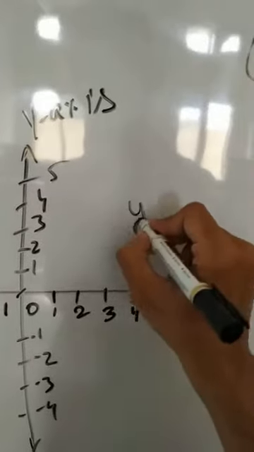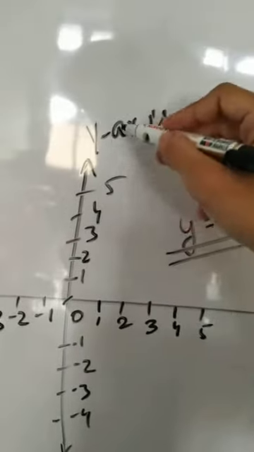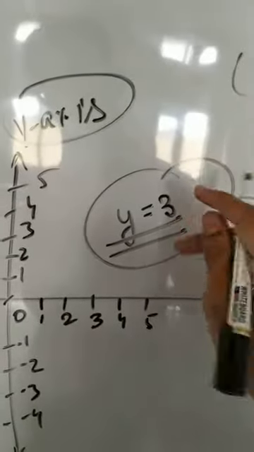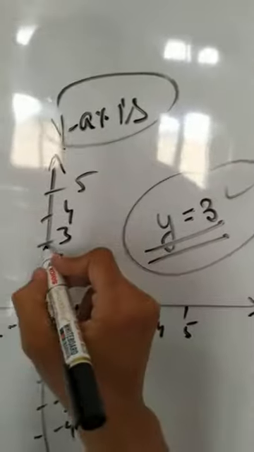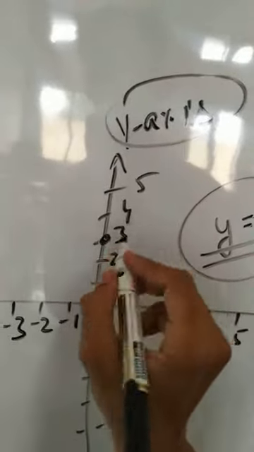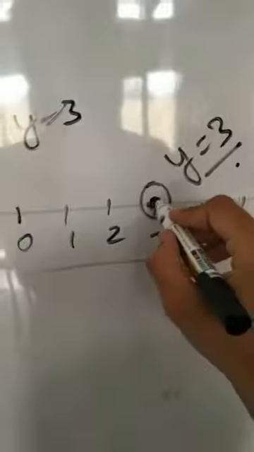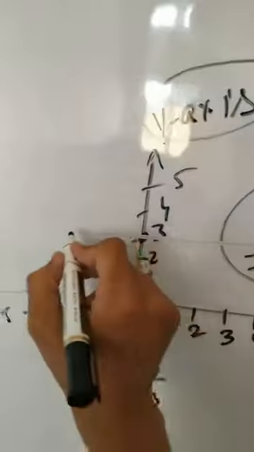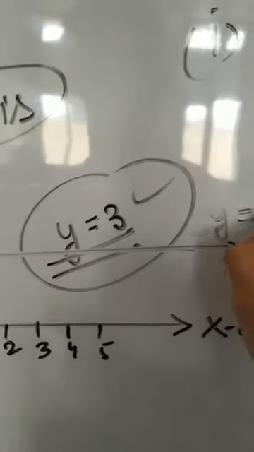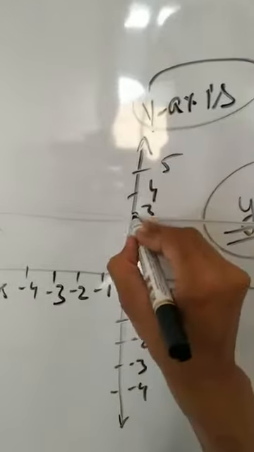So we want to represent y = 3. Firstly, which is the y-axis? This is the y-axis, and we represent the number 3. y = 3. So this is the y = 3 value. To represent it in two dimensions, we draw a line. In one dimension we plot only a point, and in two dimensions we draw a full line at y = 3. So this line is y = 3 in two variables. y = 3.